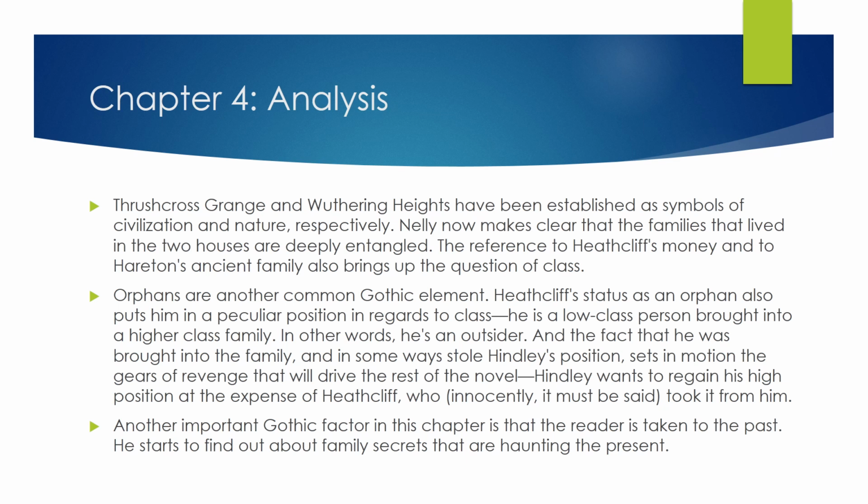So here again, we have this Gothic nature of the conflict between nature and civilization. If you remember that we have this revolution of Gothic novel against civilization, again the revolution of nature against civilization. Here it is really clear. Here we have the conflict, the war or the hatred between nature and civilization. Here Thrushcross Grange represents civilization, while Wuthering Heights is a reference to nature. So here we have this conflict, this enmity between the two.